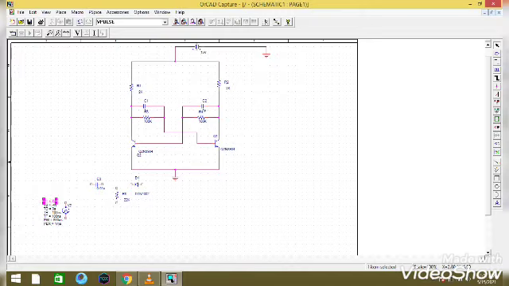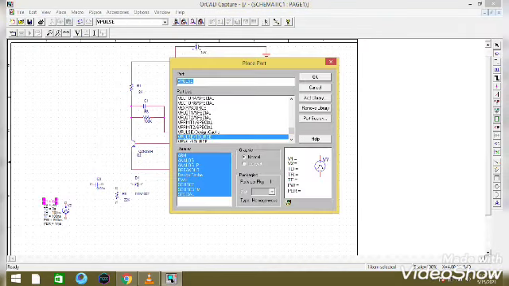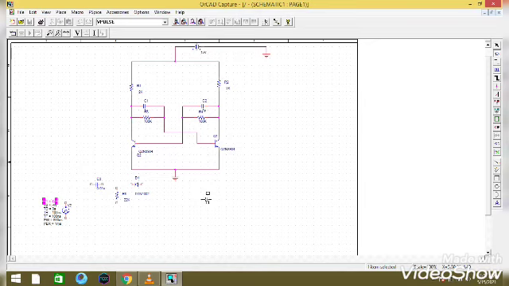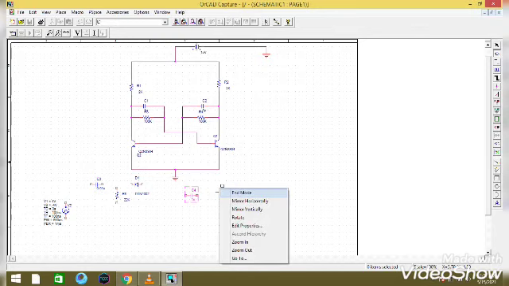Now either side I need one capacitor and one resistor. Go to place part, I am taking the capacitor. And I am giving the value for the capacitor.